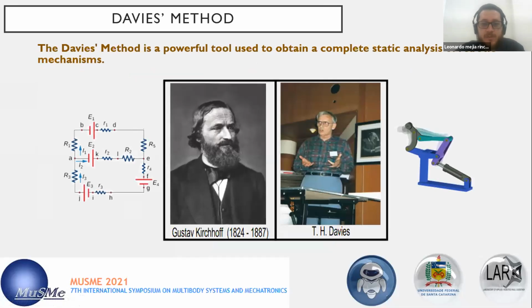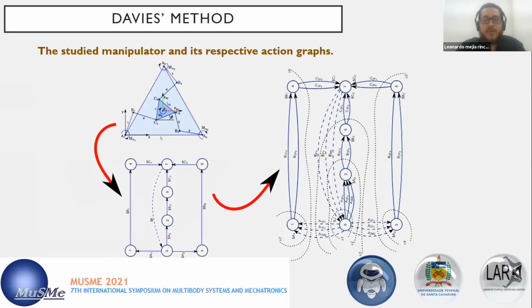The Davies method, for those not familiar with it, is a very powerful tool used to obtain a complete static analysis of robotic mechanisms, and it's based on the Kirchhoff laws, graph theory, screw theory, and some linear algebra. Briefly, the Davies method needs a representation of the mechanism